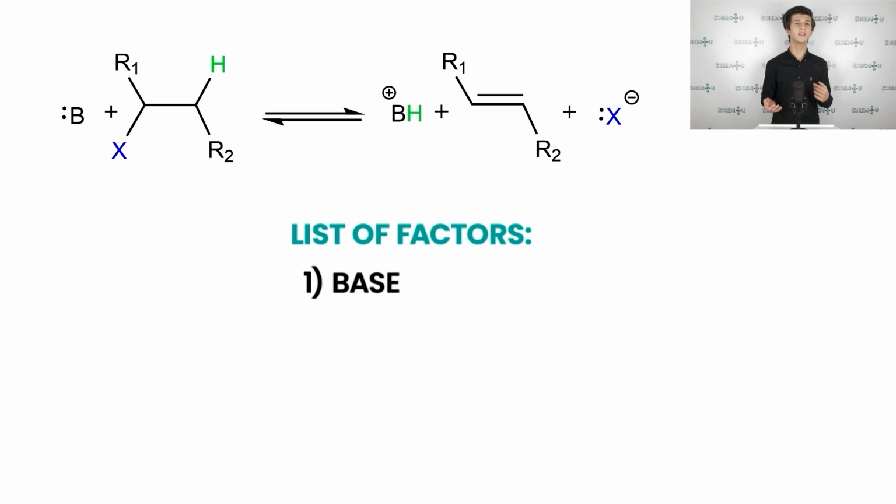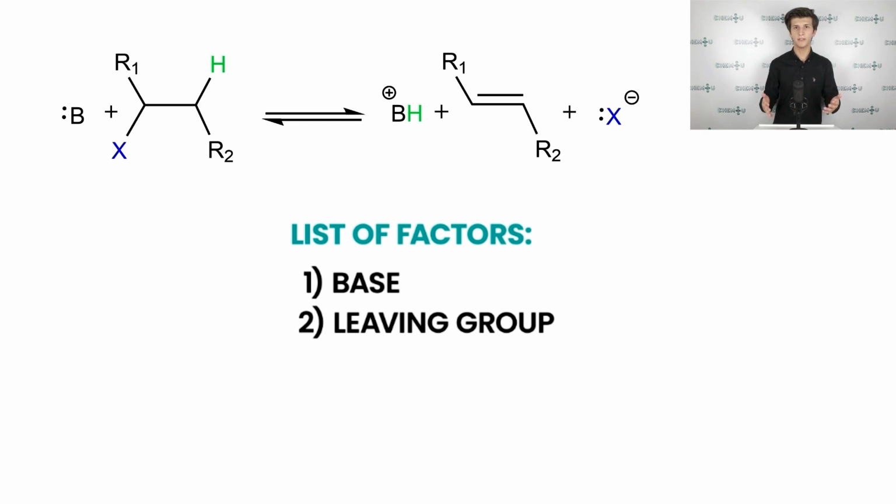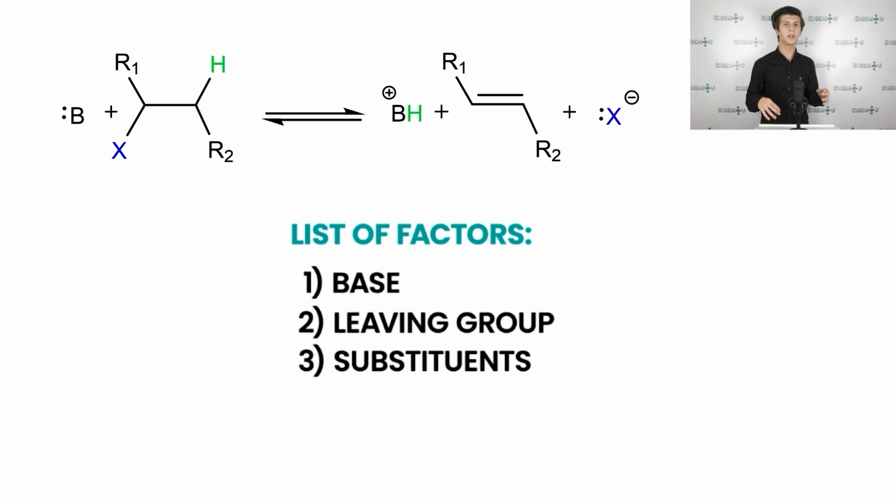So let us examine the second factor a bit more precisely, namely substrate. It contains the leaving group, which we have formally denoted as X. Let us add it to the list of key factors. As we have already discussed, during reactions that follow E1 and E1Cb mechanisms, corresponding intermediates are formed, carbocations and carbanions. It is obvious that substituents play a key role in the stability of these intermediates. Let us add them to the list.